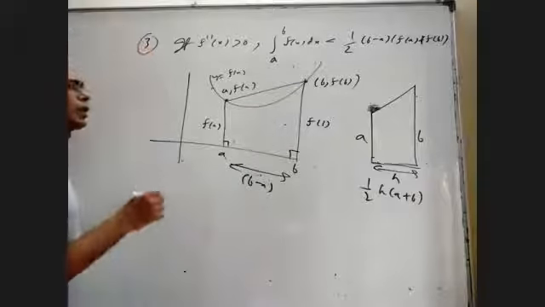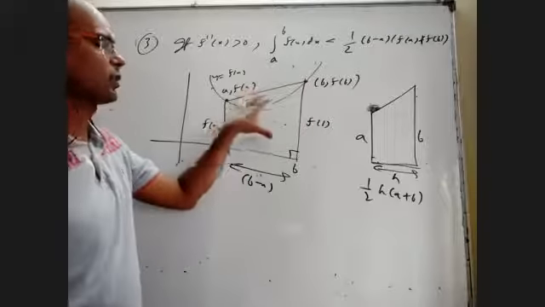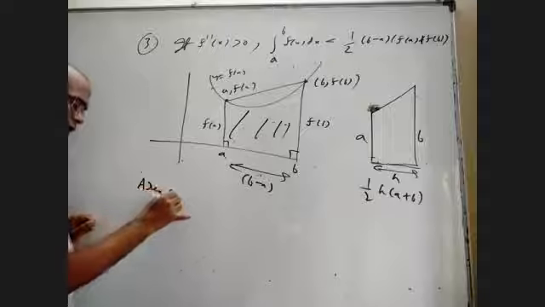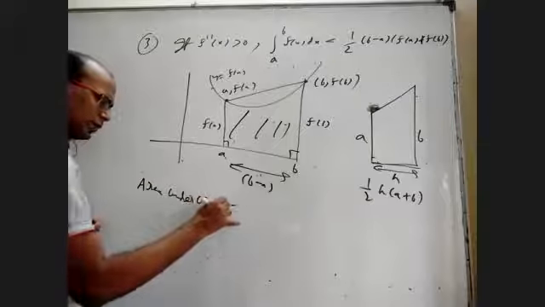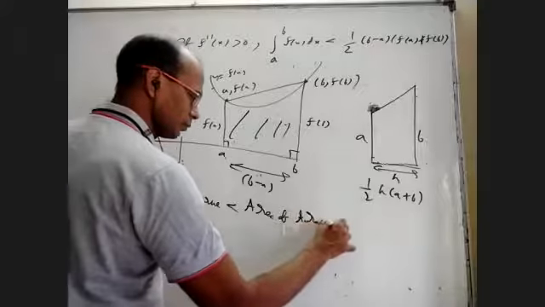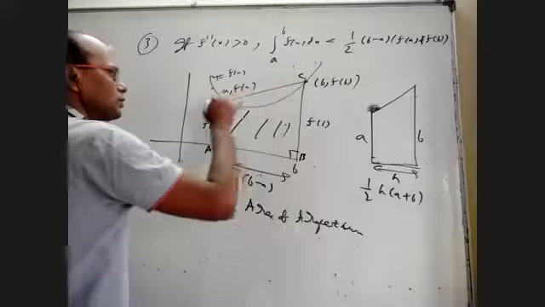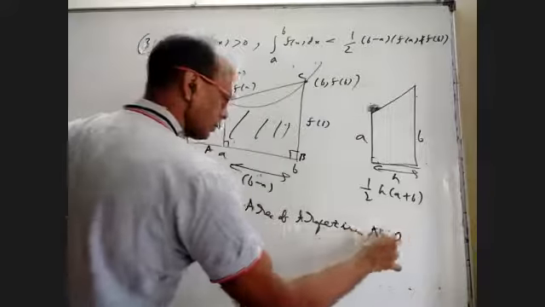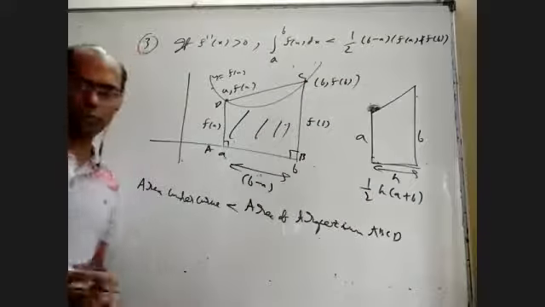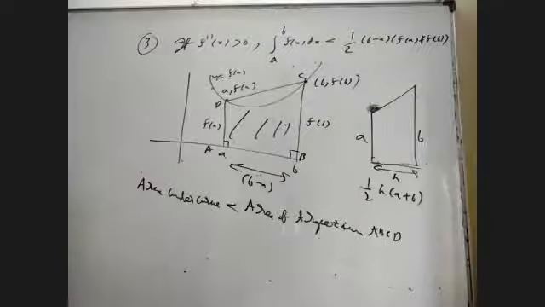Okay. So the area under the curve is obviously less than the area of this trapezium. So area under curve is less than area of trapezium. Whatever, if you give some names, A here, B here, C here, D here. The area under the curve is exactly this, and the area of the trapezium is exactly this. That's it. So this is a statement. The graphical explanation of proof is this.